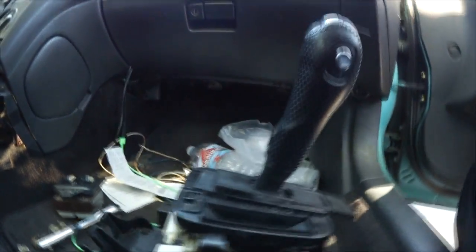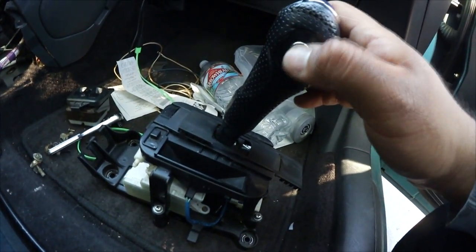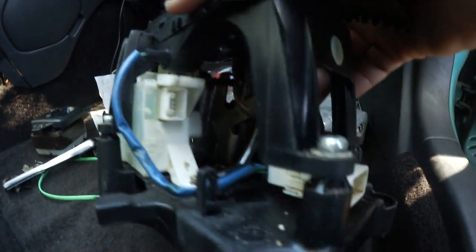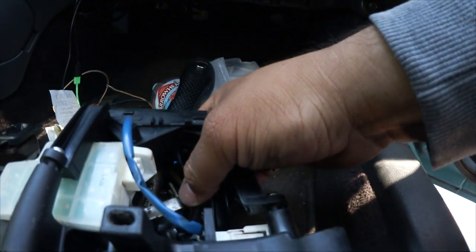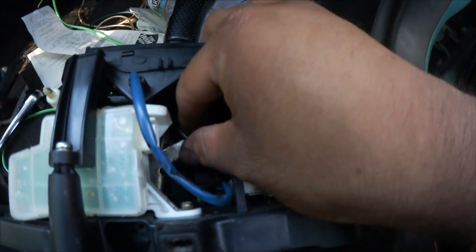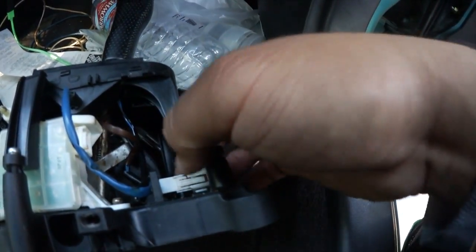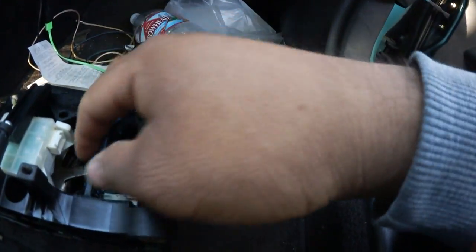It's gonna want to come out. You can bring it back out, but you have to remember you have your overdrive button right here. So you see the cable right there, the wire? That's your overdrive button. So you're gonna need to disconnect it from wherever it's at, and it's right here. Come on, there you go. So you're gonna need to disconnect your light, looks like it. Disconnect your light, and